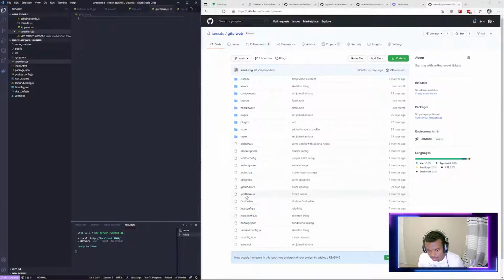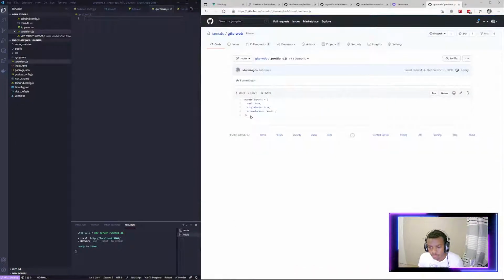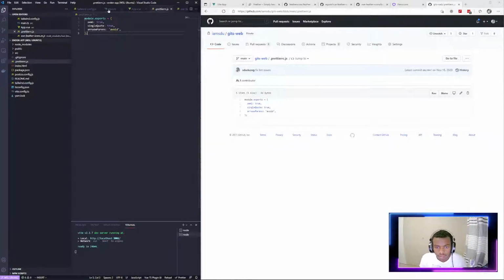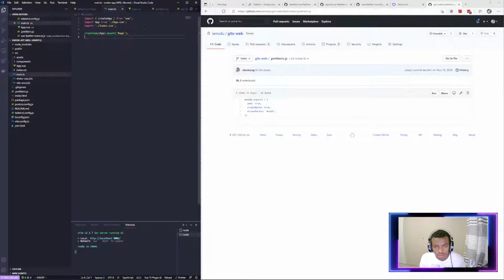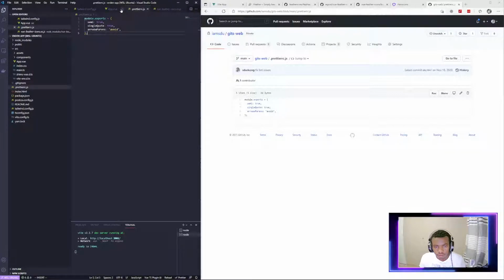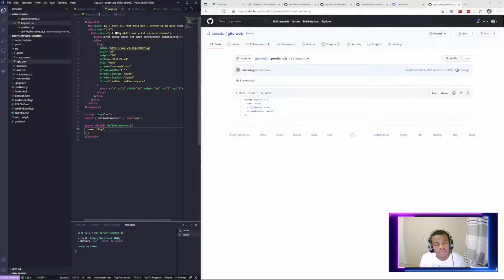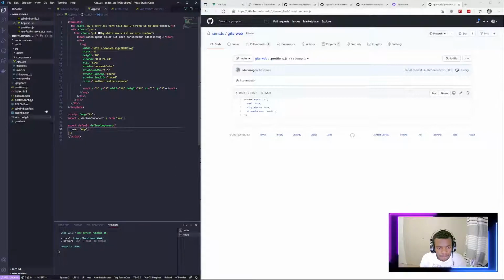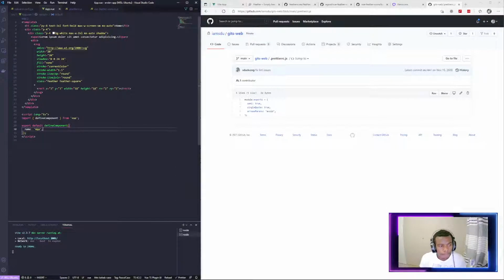Prettier, there you go. Do I have to install it also? I hope it's not the case. Go away, yeah, that's the vibe. We're moving. So that's my VS Code setup, that if you don't have a Prettier config file, it will not